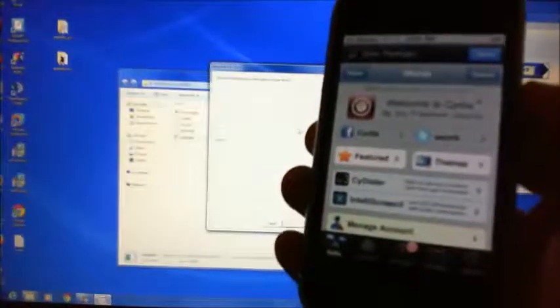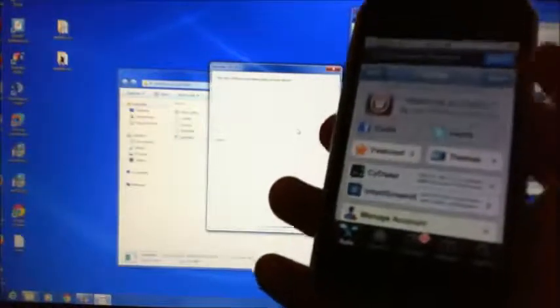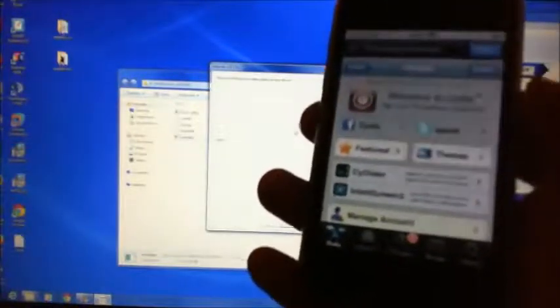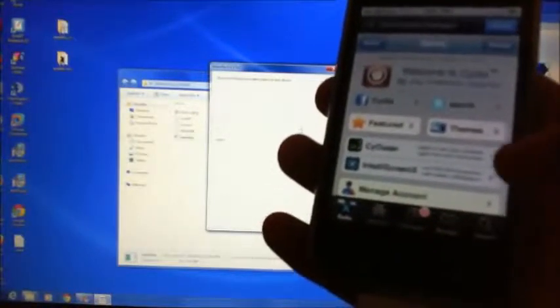So that's pretty much how you do it. The reason I was doing it is because once this is loaded, it will reboot and restart your phone. You can log into it again, go down to your